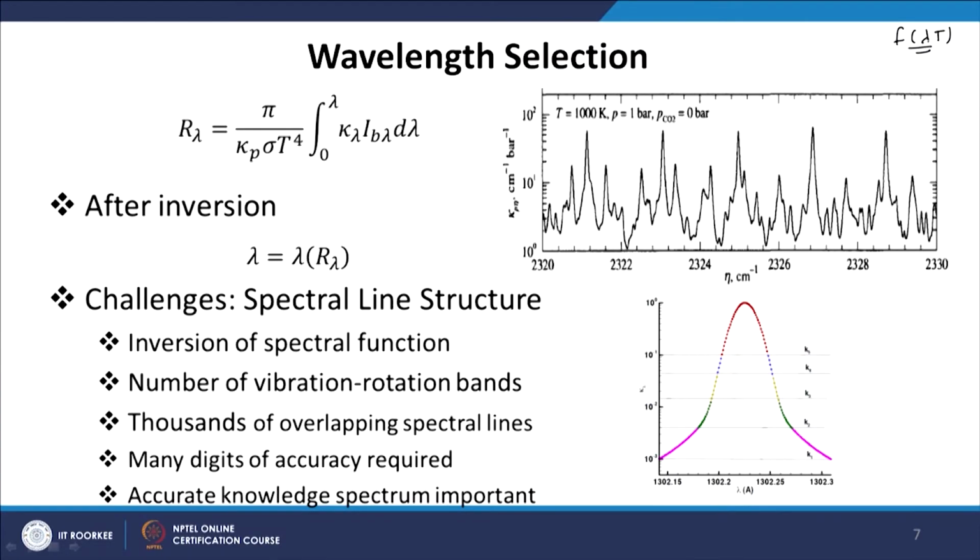However, the picture is not simple for gas radiation. The definition of the cumulative probability function is the same. We defined r lambda as the fractional amount of energy emitted over a wavelength range 0 to lambda, divided by the total amount of energy emitted, where the total amount of energy depends on sigma T power 4, where T is the temperature of the medium or the gas, and kappa p is the Planck mean absorption coefficient, which we will introduce in a later lecture.